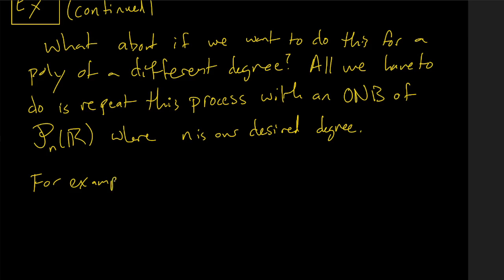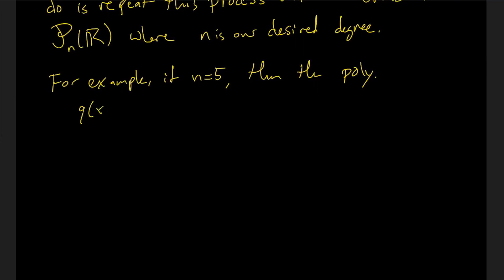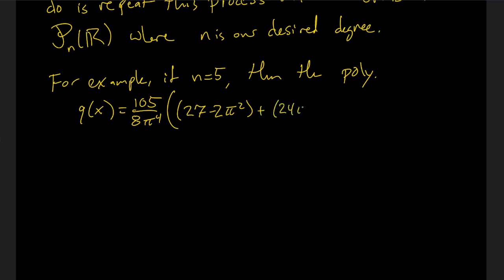For example, if n is equal to 5, then, and believe me here, the polynomial, I will write it out, q of x is equal to, this is a big boy, 105 over 8 pi to the 4th times this terrible quantity, 27 minus 2 pi squared plus 24 pi squared minus 270 x squared plus 315 minus 30 pi squared times x to the 4th